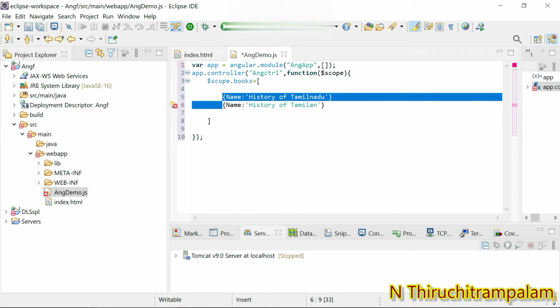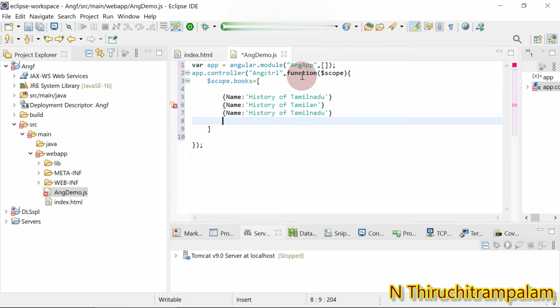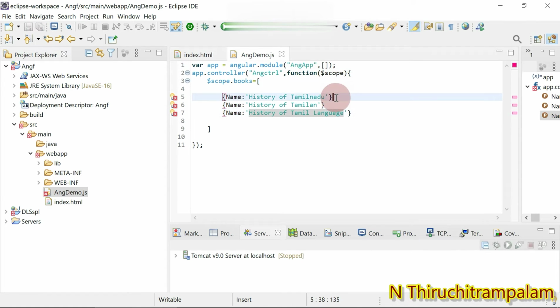One more I just create, that is name, History of Tamil Language. Okay, that's it. Then I need to use the comma. So that's it.